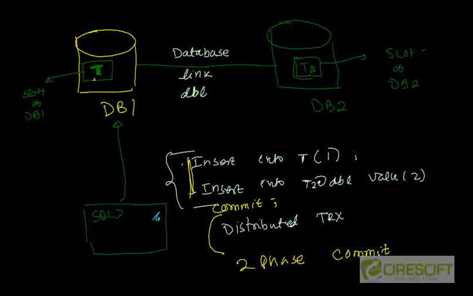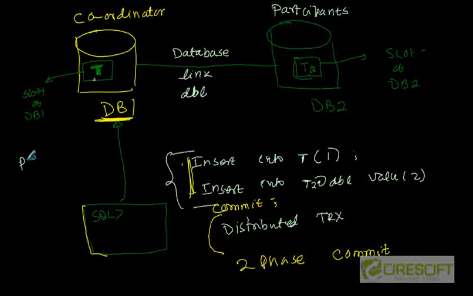One thing you need to understand is that whichever database started the commit, in this case DB1, which is going to start the commit process, is called the coordinator. The coordinator is where the commit is actually being issued, and the other databases are called participants. So in this case, database 1 is the coordinator and database 2 is the participant. Right. So whenever the commit happens, database 1 says okay, I'm